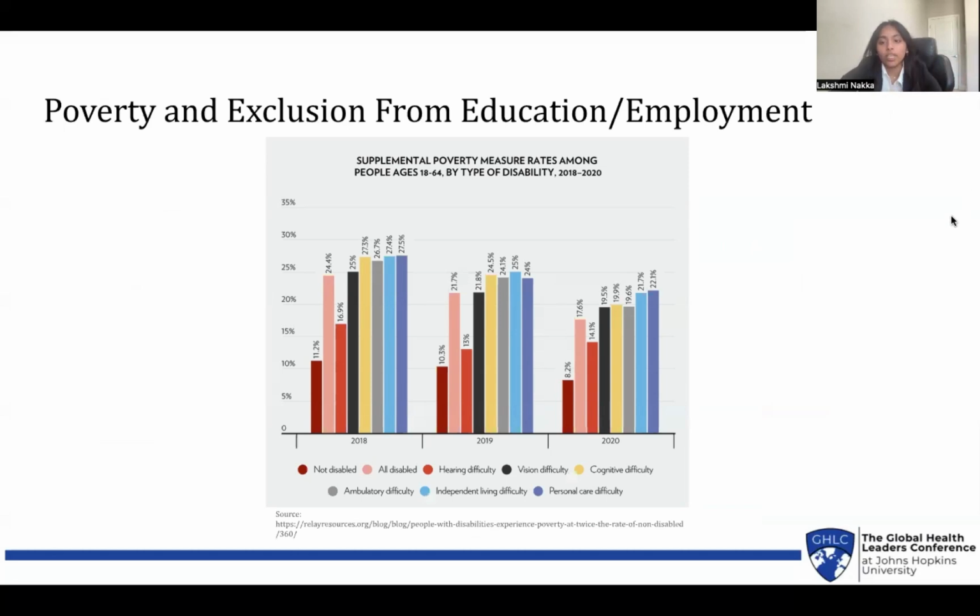Now I'm going to talk a little bit about the systemic inequalities that make healthcare difficult for people with disabilities to access. One is the poverty and exclusion from education and employment. Because people with disabilities are often unlawfully turned down from education and employment opportunities, they often work in low-paying jobs that cannot sustain their lifestyle, or if they can't work, have to depend upon government-issued pensions. 80% of all people with disabilities live in poverty or are financially struggling because of this.